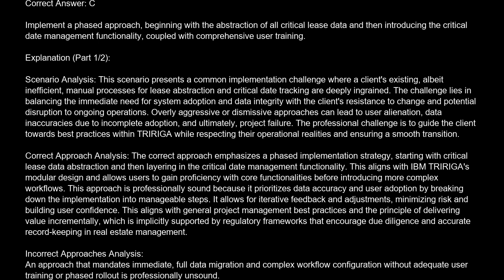The professional challenge is to guide the client towards best practices within TRIRIGA while respecting their operational realities and ensuring a smooth transition. Correct approach analysis. The correct approach emphasizes a phased implementation strategy, starting with critical lease data abstraction and then layering in the critical date management functionality. This aligns with IBM TRIRIGA modular design and allows users to gain proficiency with core functionalities before